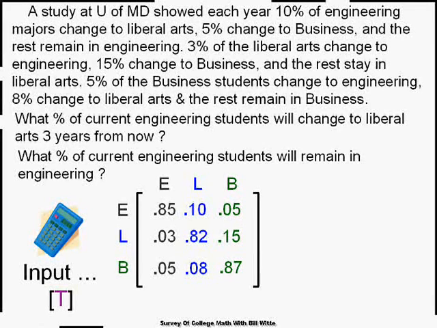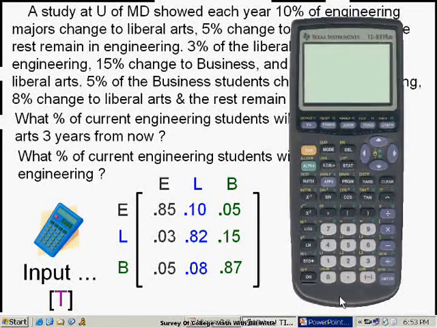Now I use my secret weapon. We're going to have to input it into the calculator. So let me do just that. Now, once again, let me remind you, I'm going to input this as A, even though I'm going to call it the transition matrix, the T. Do it with me now. You should be good at it by now. I'm going to turn this baby on